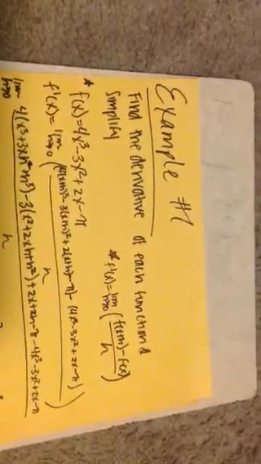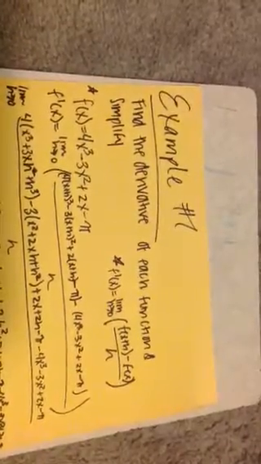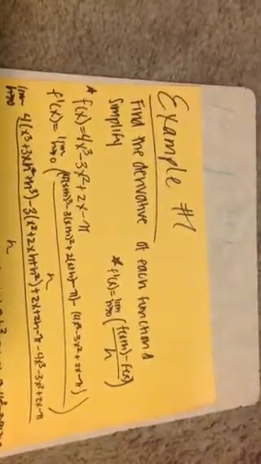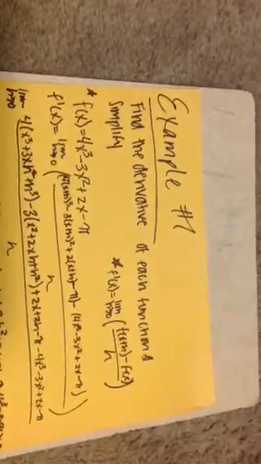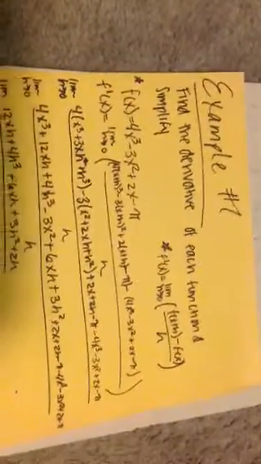So we're going to plug this in to our equation for differentiation from first principles, and you're going to have 4 parentheses x plus h cubed minus 3 parentheses x plus h squared plus 2 parentheses x plus h minus pi, and then you're just going to write down the original f of x function, and then you're going to expand all of that,